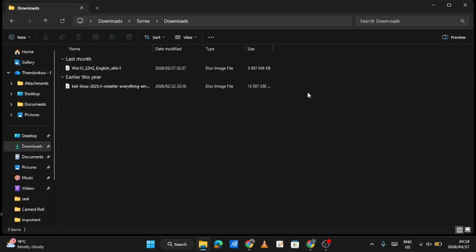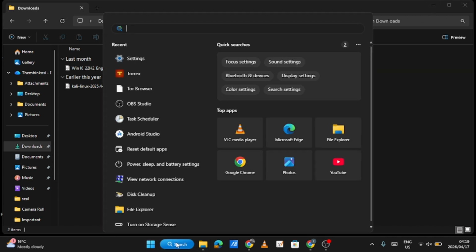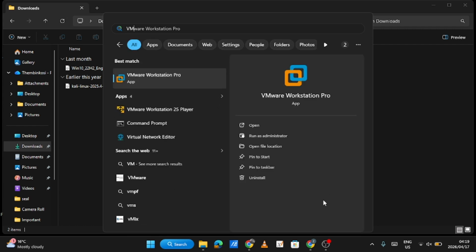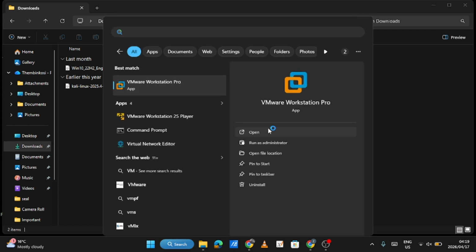So the next step is to open our VMware Workstation Pro that we just installed, right? Usually you will have a desktop icon. It's going to have a shortcut on the desktop. If you don't have it, you can just search for VMware. You can see it here. Open